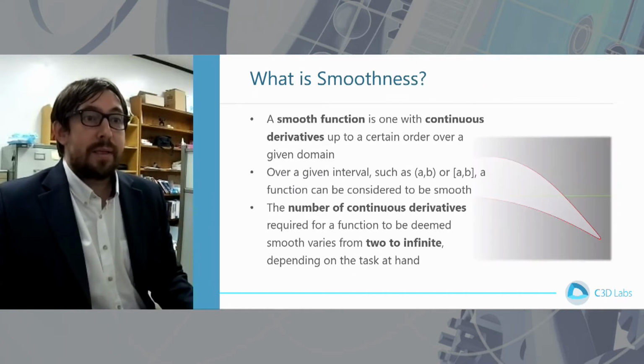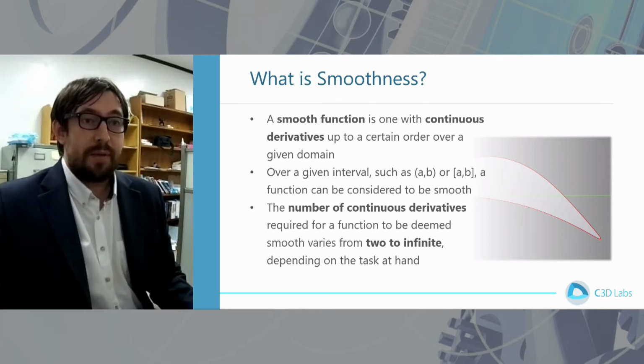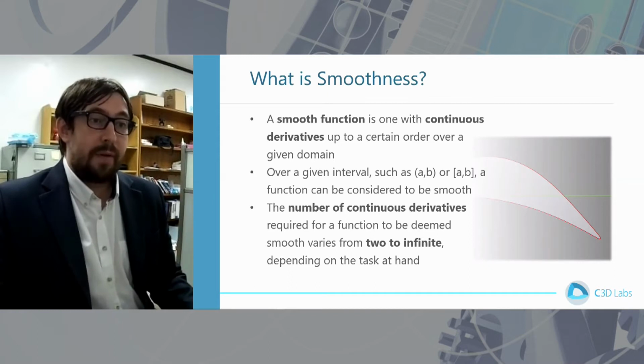So what is smoothness? This definition is related to a smooth function. A smooth function is one with continuous derivatives up to a certain order over a given domain. So over a given interval from A to B, a function can be considered to be smooth. The number of continuous derivatives required for a function to be deemed smooth varies from 2 to infinite, depending on